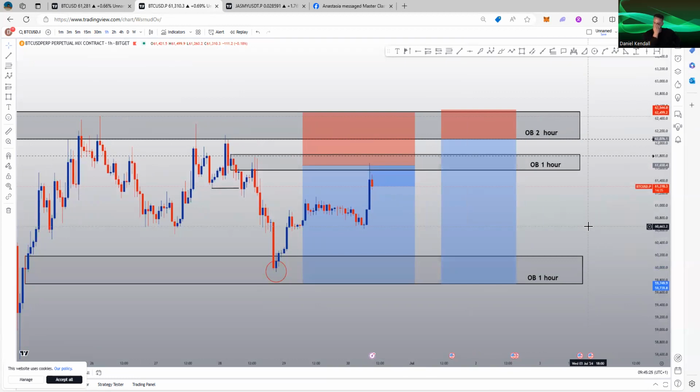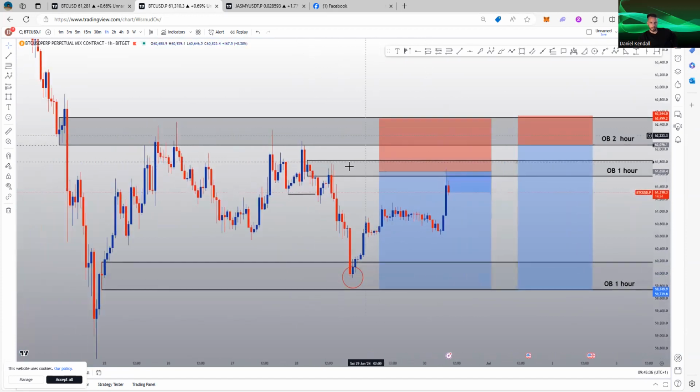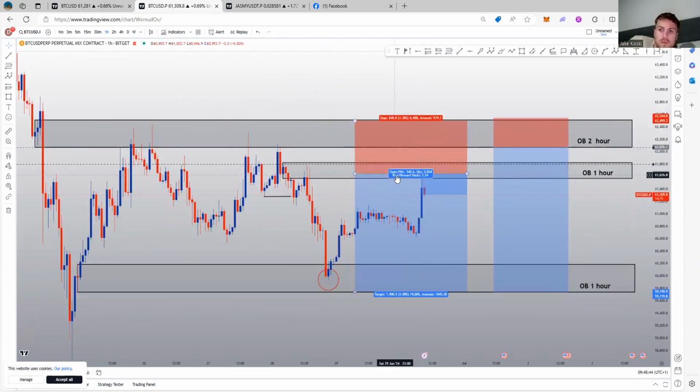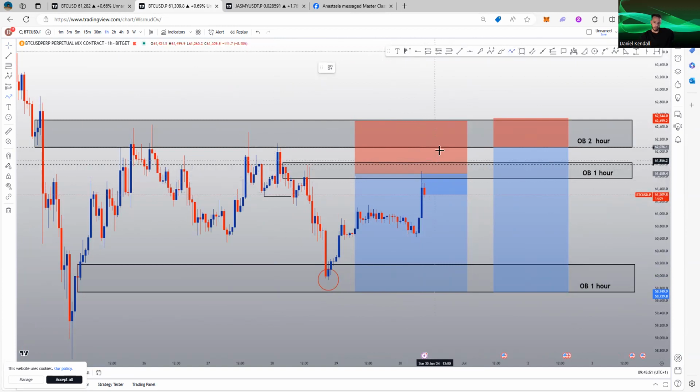This zone is the less likely one that I would have shorted from. Although it is being respected, there's still a chance it could push through and still tap into this 2-hour order block, because with all these rejections over here to the left, all of the liquidity that's building up above this zone, price is going to be more likely to go up there to take that liquidity. So I would love to see price break through this order block, come up here, and then come back into this zone again,